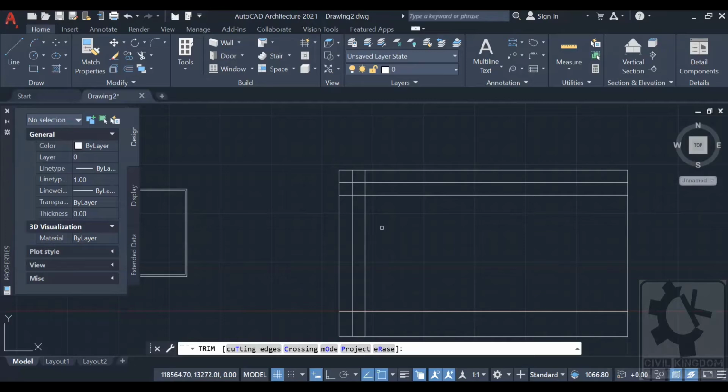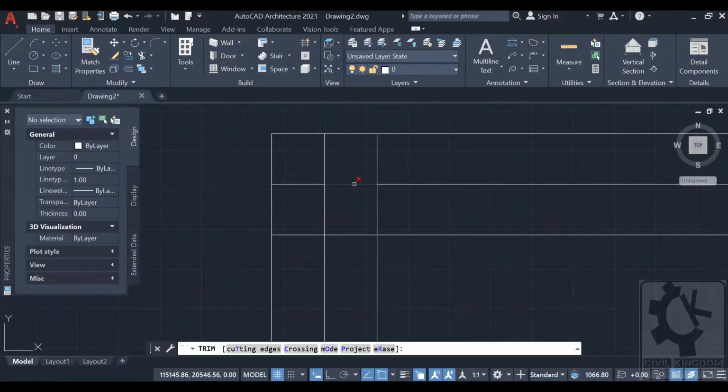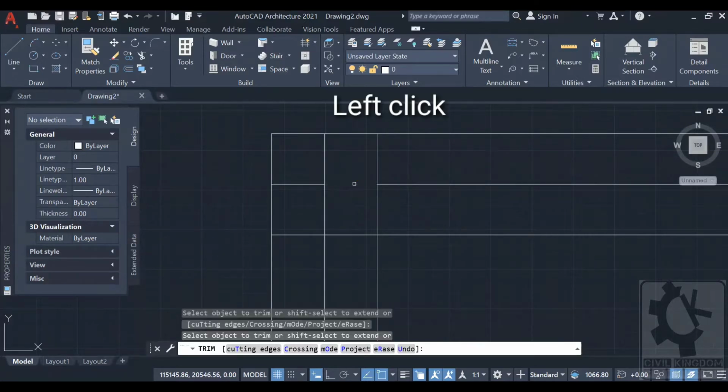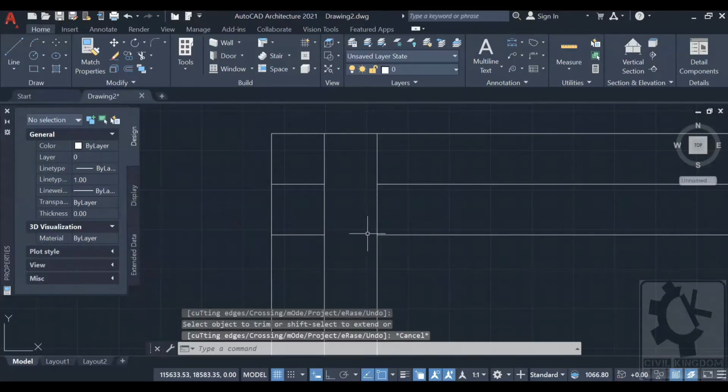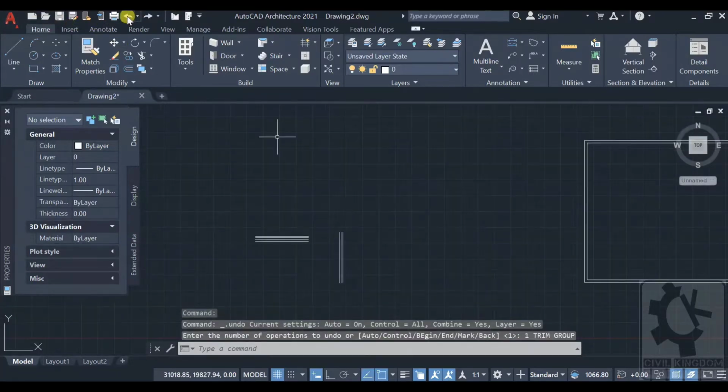As you can see, if I move the mouse to any of these lines, it gets blurred, as I can delete these lines, and if I left click it will get deleted. Okay, let me undo this.